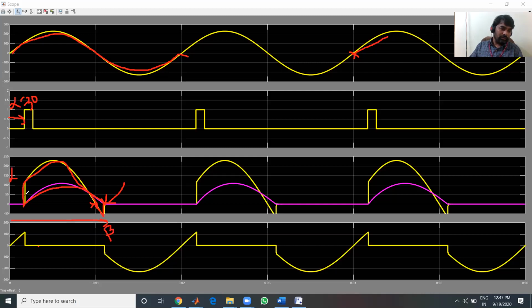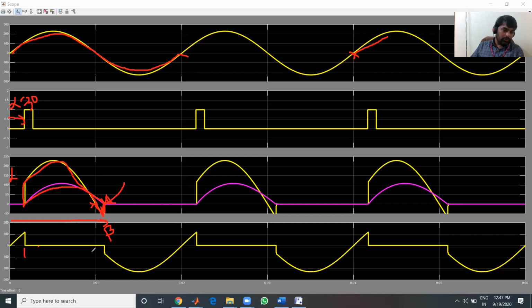Now this is alpha. Now conduction angle means, I can say, the output voltage is following the input voltage up to this point, up to beta. So you can see there is a negative peak here. Due to the presence of this negative peak, the average output voltage across the load is getting reduced. This is the main drawback in case of RL load without any freewheeling diode. That's why we are going for a freewheeling diode. We'll show you the effect of the freewheeling diode also in the next session.